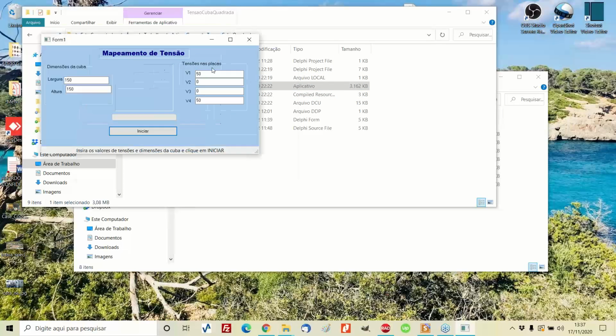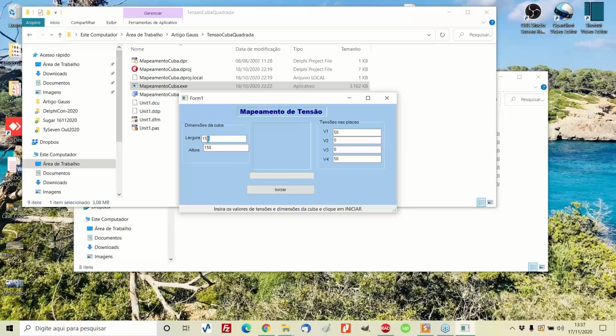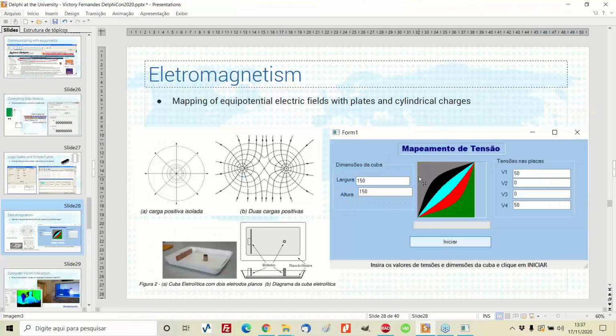So this is an example. I can say how big is the area I want to cover, and I can say how the actual electric tension in volts is distributed in each phase here, and the application calculates the areas that have the very same potential in terms of tension. This is something we study in electrical engineering that can be applied to magnetic fields, that can be applied to light distribution.